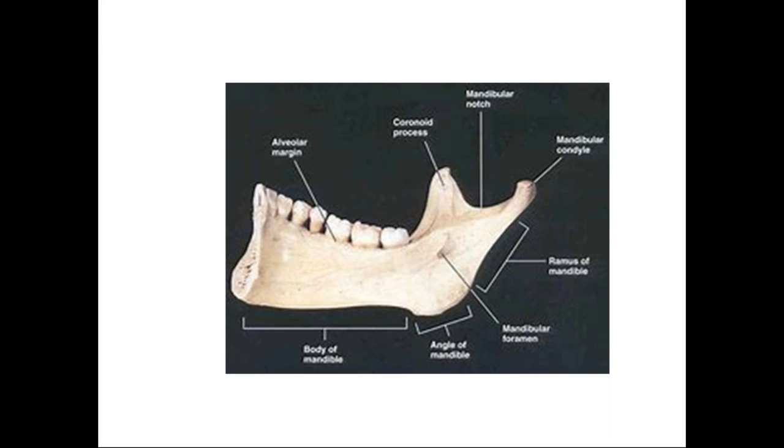You have different structures. The neck of the mandible is related to the auriculotemporal nerve and superficial temporal vessels. Now this is the mandibular foramen. Through this mandibular foramen pass the inferior alveolar nerves and vessels. Behind the mandibular foramen, the mylohyoid line has the mylohyoid groove through which pass the mylohyoid artery and nerve, which supply the mylohyoid muscle.